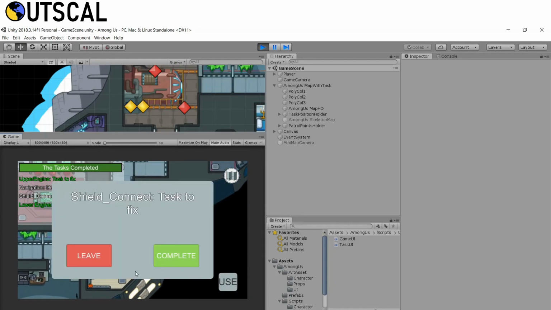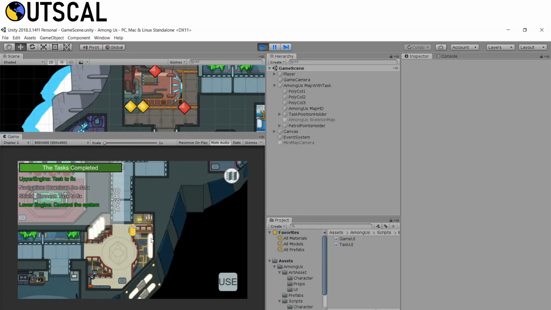So now currently you can see we have this simple panel and it just says leave or complete. But instead of this panel, you can have your own thing, like you have these wires here and you have to connect those wires, and once the wires get connected, you can click on this complete, or this button gets activated. Or you can have this downloading files thing. Once the download is complete, this button gets activated and then you can click on it. So like that. So guys, I think this is it for this tutorial.